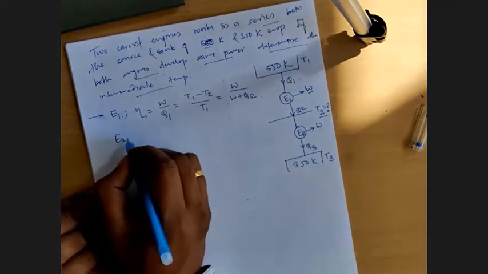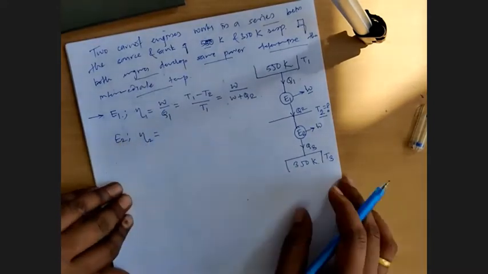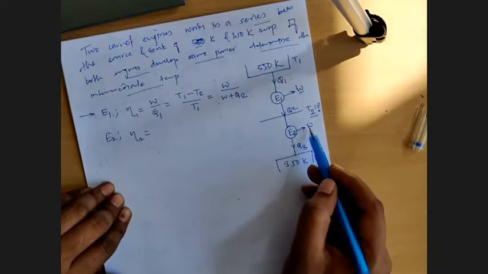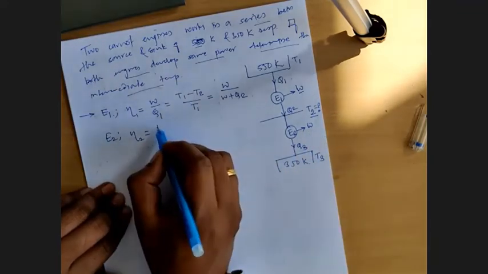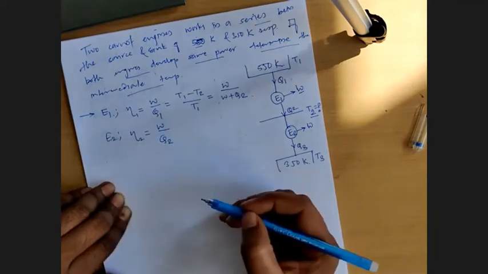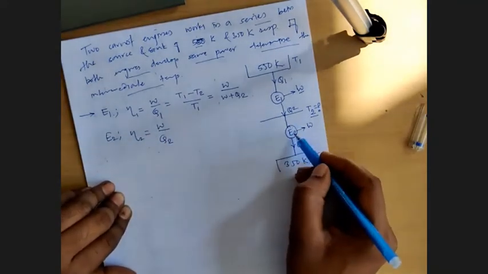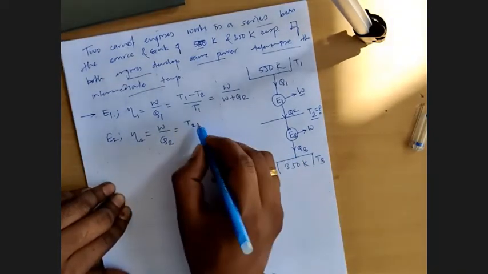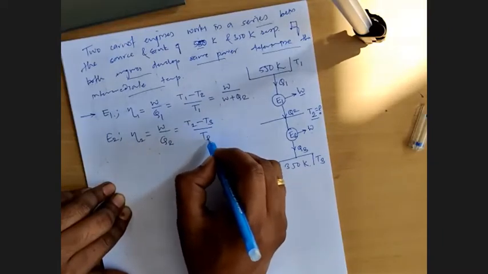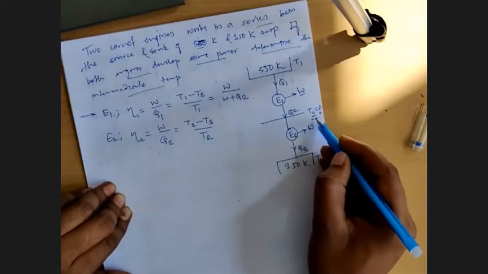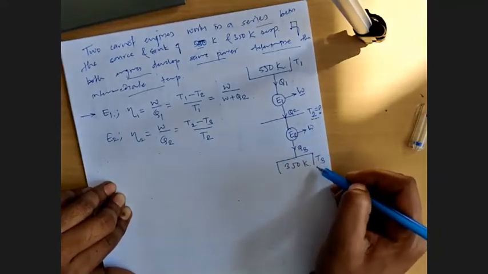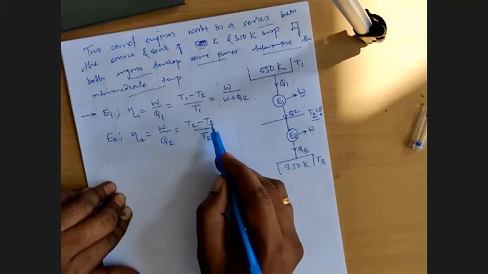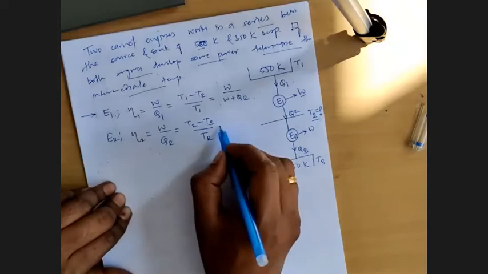Similarly, for engine 2, for engine 2, Q2 is input, Q3 is heat rejected and work produced W. So efficiency is W by Q2, right? Because now Q2 is the input energy. And in terms of temperature, T2 minus T3 by T2, because for engine 2, T2 is the source temperature and T3 is the sink temperature. So T source minus T sink by T source, or T higher minus lower by T higher, and is equal to